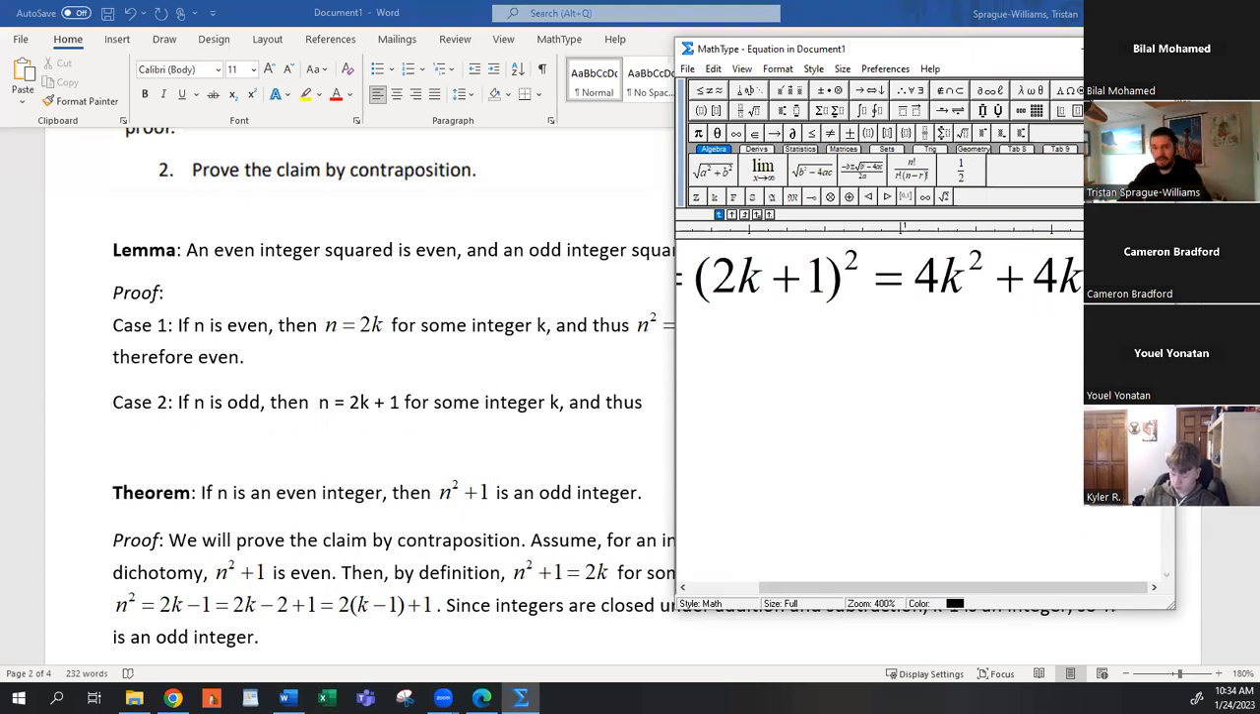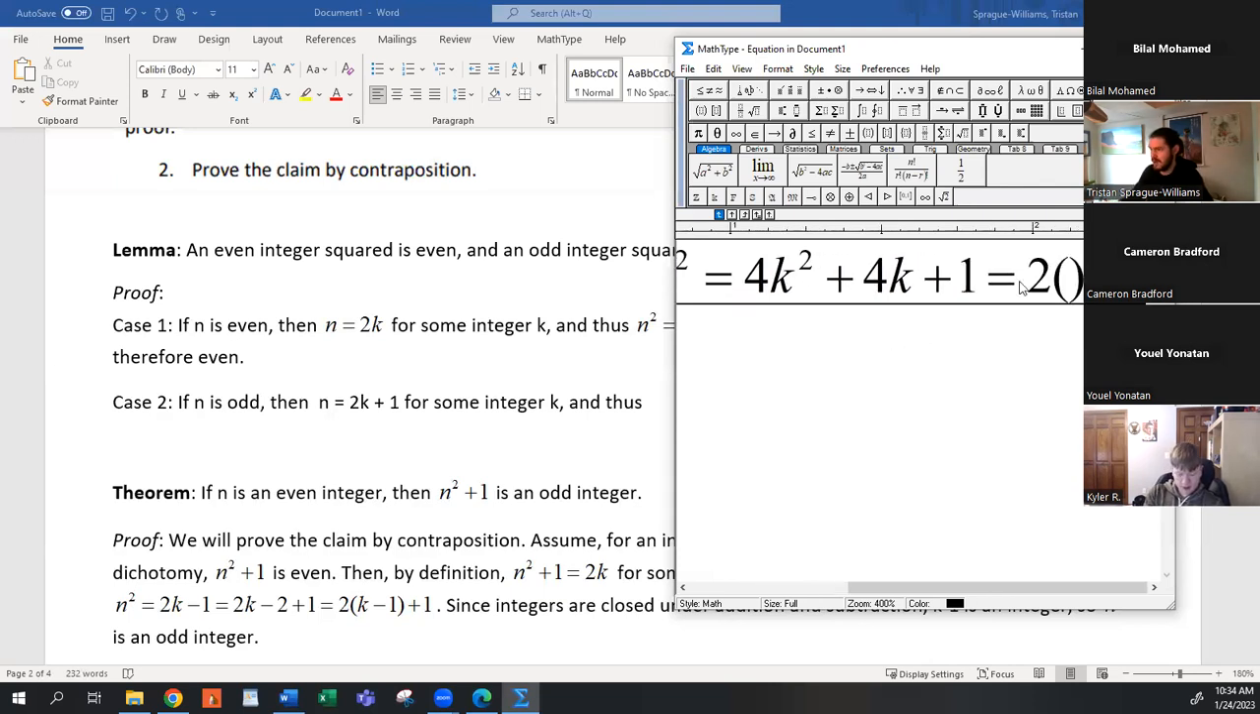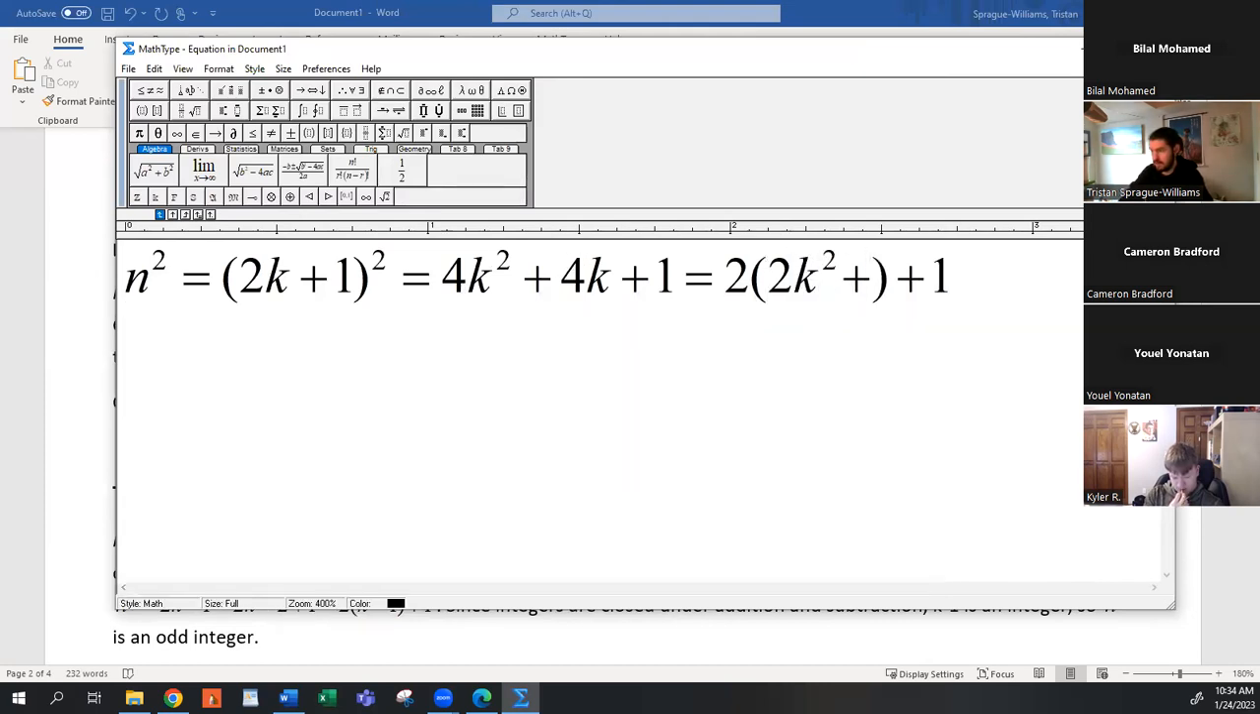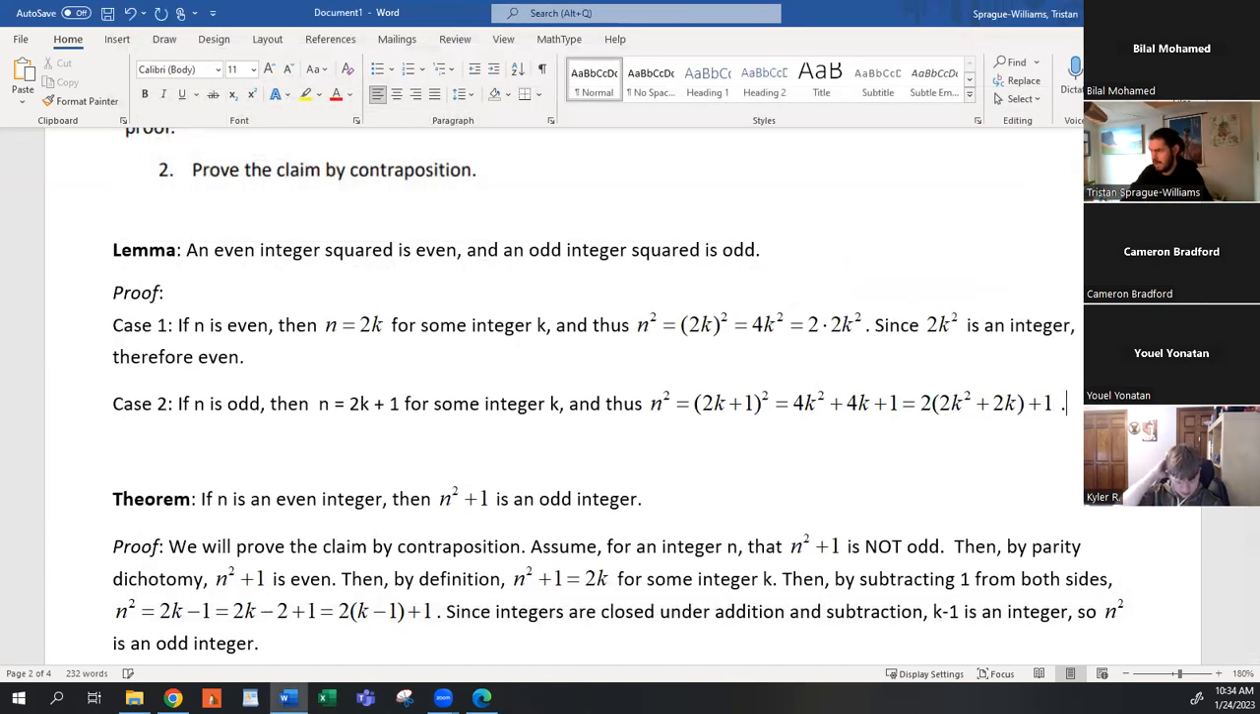And then I can do a similar thing here where I want to write that as 2 times something plus 1. So if I factor a 2 out of the first 2 terms, let's move this out so you can see my algebra a little better. Okay, if I factor a 2 out of the first 2 terms, I've got 2k squared plus 2k, right? And then similarly, the number we have in there, 2k squared plus 2k, that's all just integers added and multiplied together. So again, we can say,